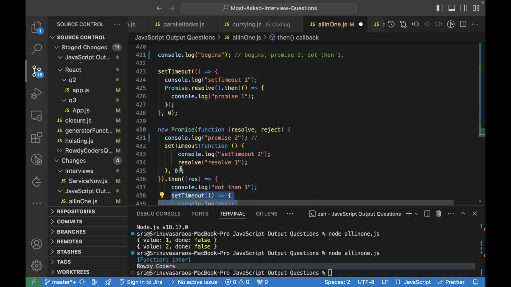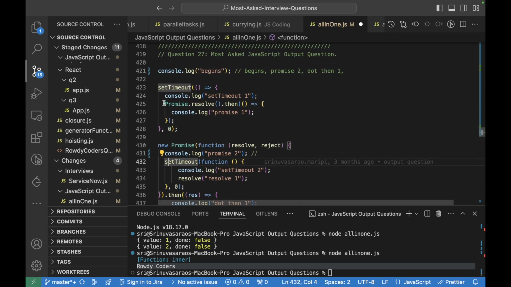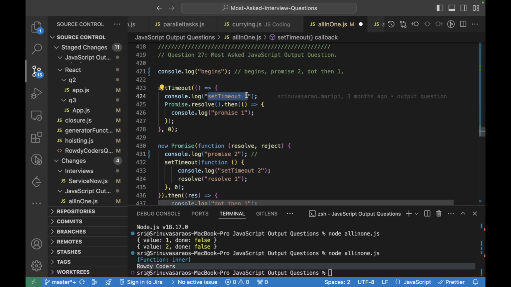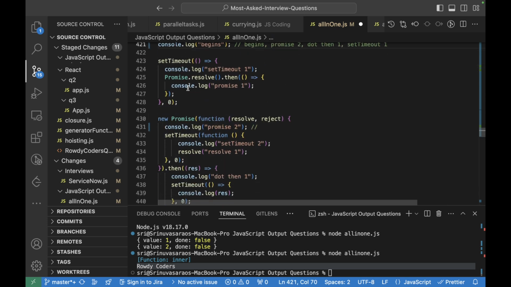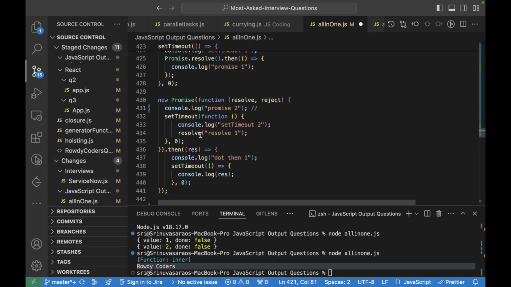So we have this setTimeout, this setTimeout, and then we have this setTimeout. So this is pushed first, so this will be logged first. And then we have this, and this will be pushed to the micro queue, and we have content in the macro queue, but micro queue contents are high priority, so this will be logged here. And later after that this particular setTimeout is pushed, so the contents of this will be logged.